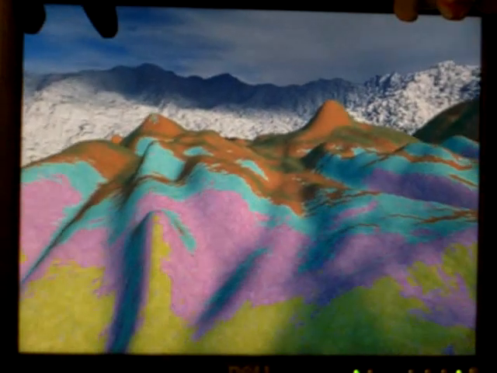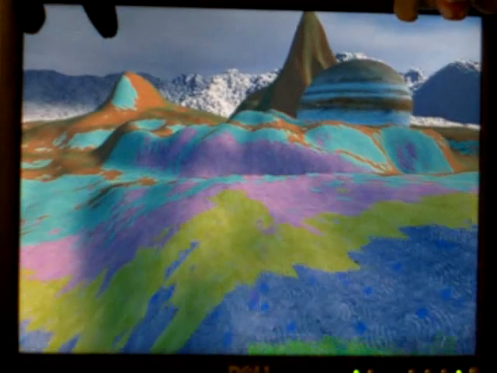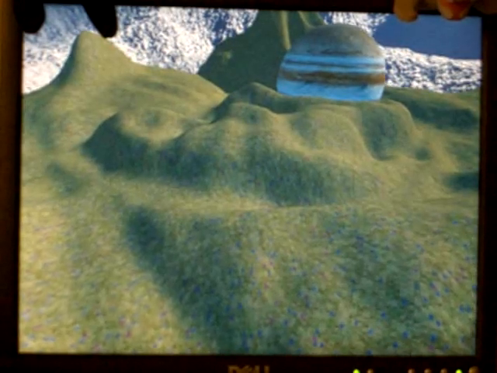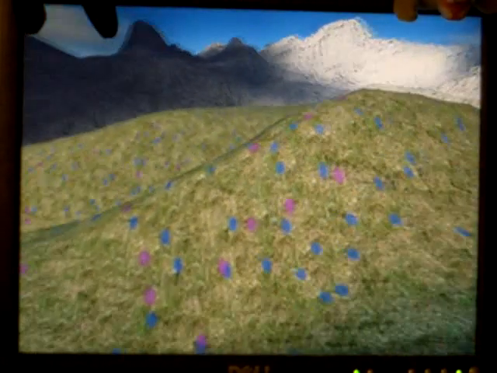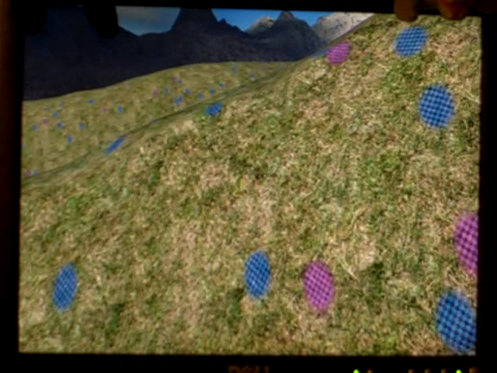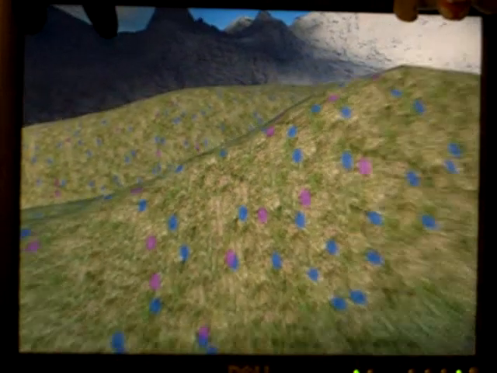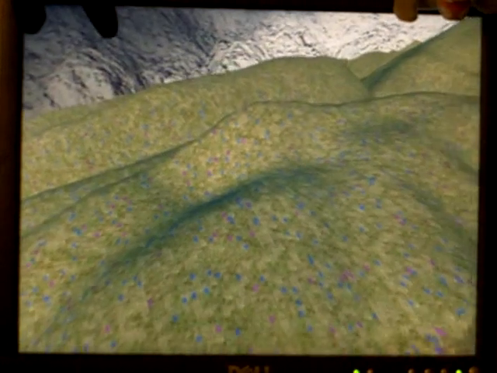If I turn on the mip levels visualization, I can make this really obvious, assuming this hardware isn't so fast that I can't. If I run up to a wall and stop moving, you can see the data draw in after the fact. Now, if I don't have the mip mapping debugging on and I do that, it's a lot less obvious, but there is some pop-in. You can see things get crisper or sharper after you stop. I didn't actually that time, but it does happen. And if you have any offset issues in your mip levels, if your mip levels shift by half a pixel as you go up the mip levels or something,